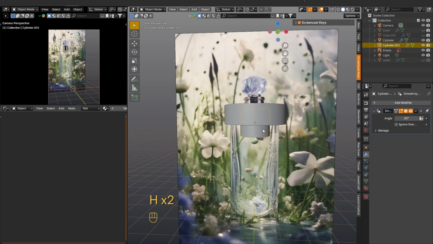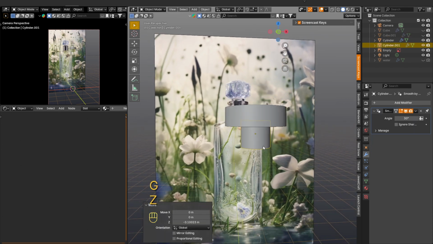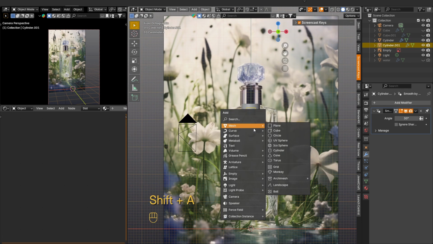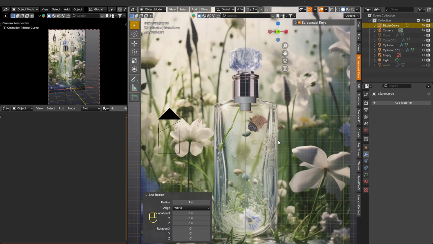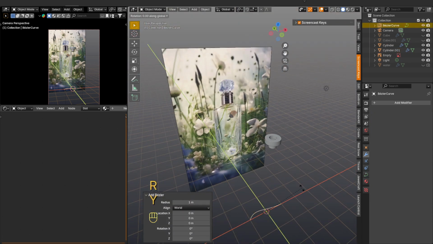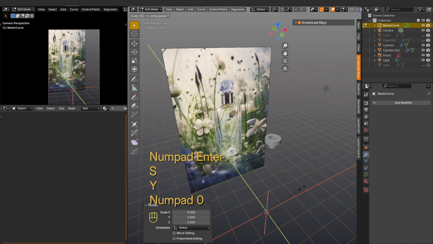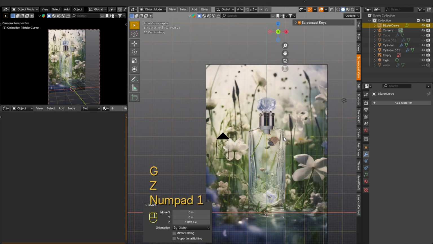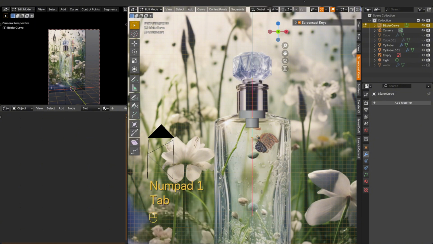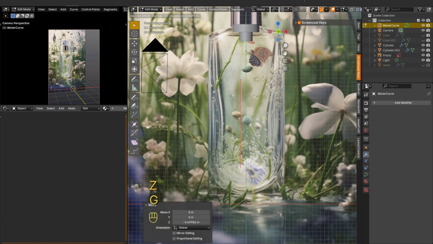In order to create the tube we need to add a Bezier curve and place it in the way it will be in the future. As far as I know it should almost reach the bottom of the bottle to draw in the perfume. So in the editing mode we place the vertices in this way opposite the reference. We try our best to achieve the final result, since it will be more difficult to bend the tube further because we will need to transform it into a mesh.